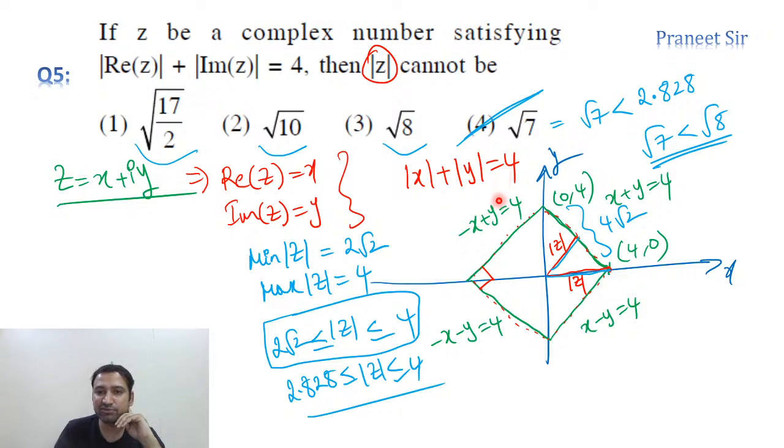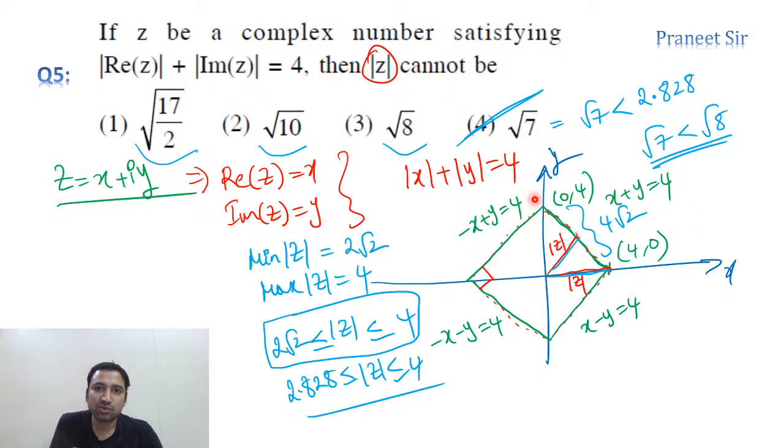Mod x plus mod y equals 4 means a total of 4 lines. In the first quadrant, x is positive and y is positive, so mod x can be replaced with x and mod y can be replaced with y: x plus y equals 4. In the second quadrant, x is negative, so mod x can be replaced with minus x, and mod y can be replaced with y. So 4 lines. So this mod z he is asking, that means z can be anywhere on this green color